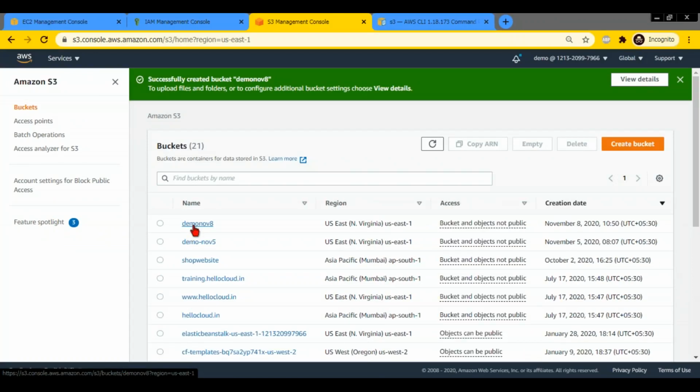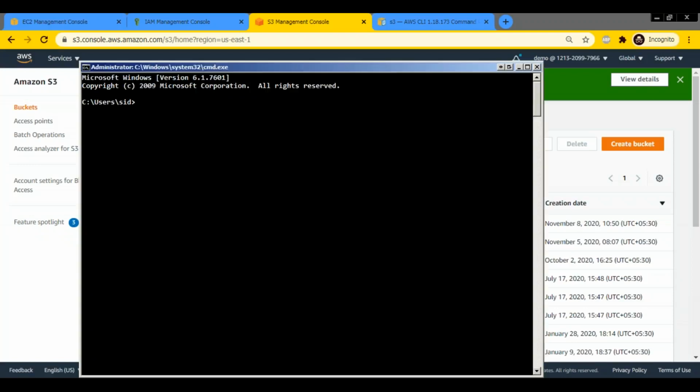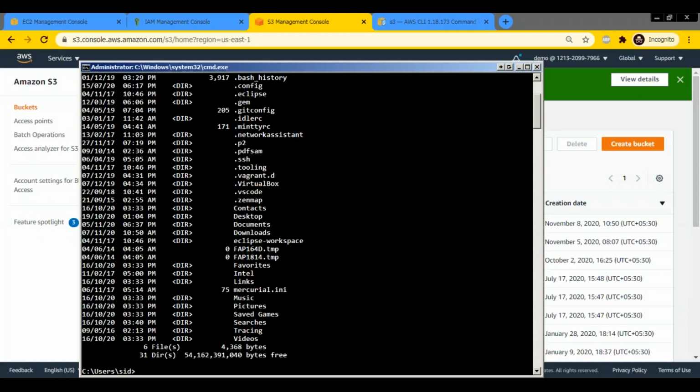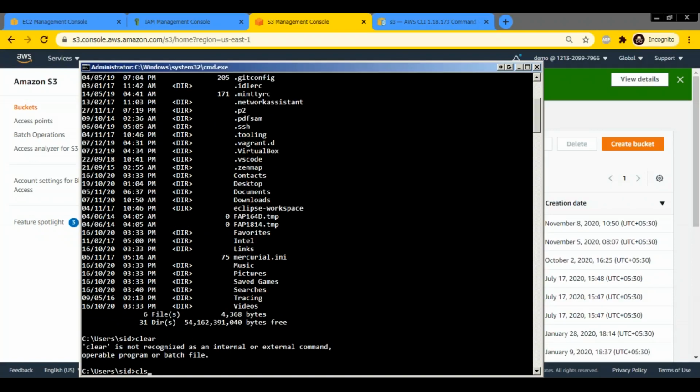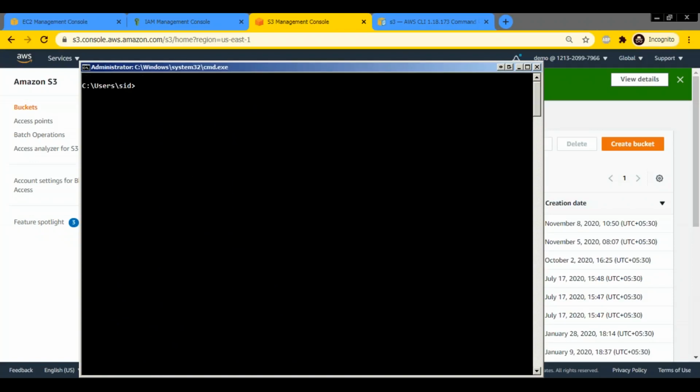Now let us say I want to upload some file in this bucket. So how do I do that? Say for example, I have some file over here. Let me go into my folder. Let me go to this folder.